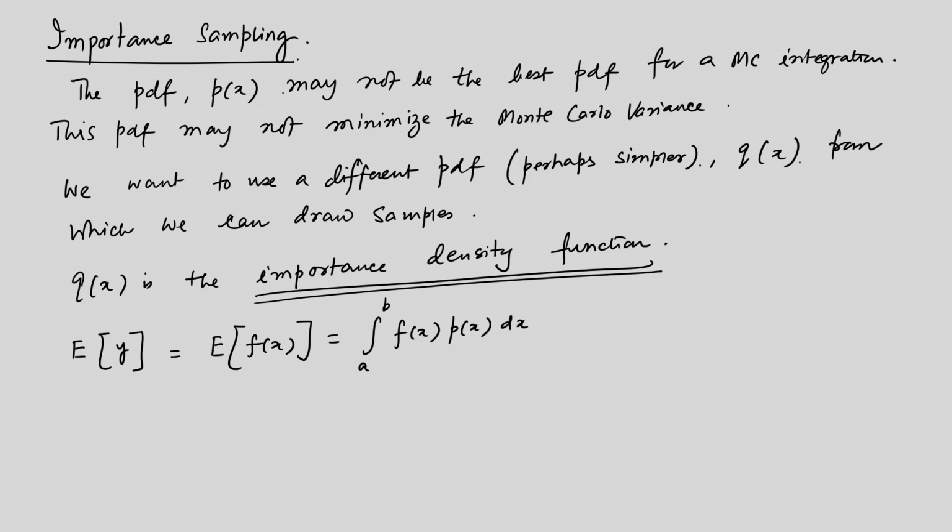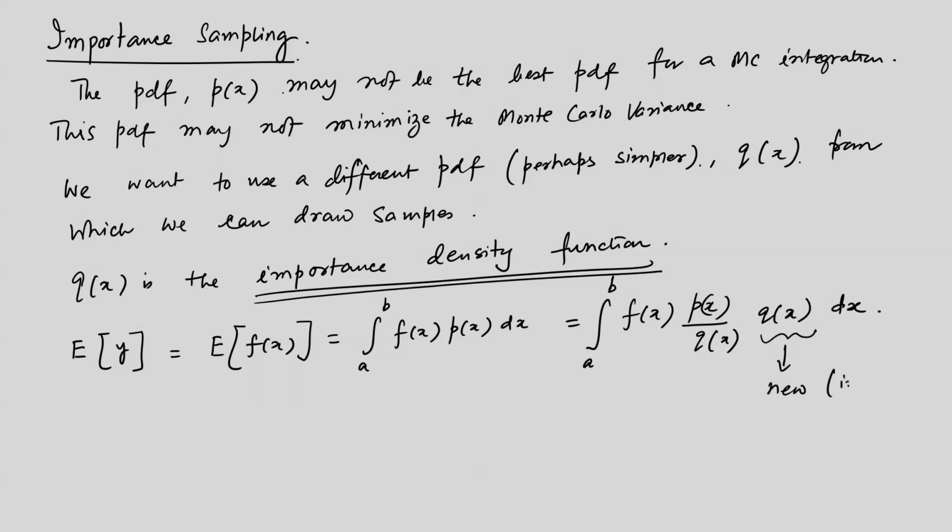So, p(x) is our probability density function. So, this is equal to, we simply rearrange things here. So, we write it as p(x) and q(x) and q(x) and dx. Okay. So, if you now call this, in brackets, the new, which we believe is the important or, as we said earlier, importance density function,